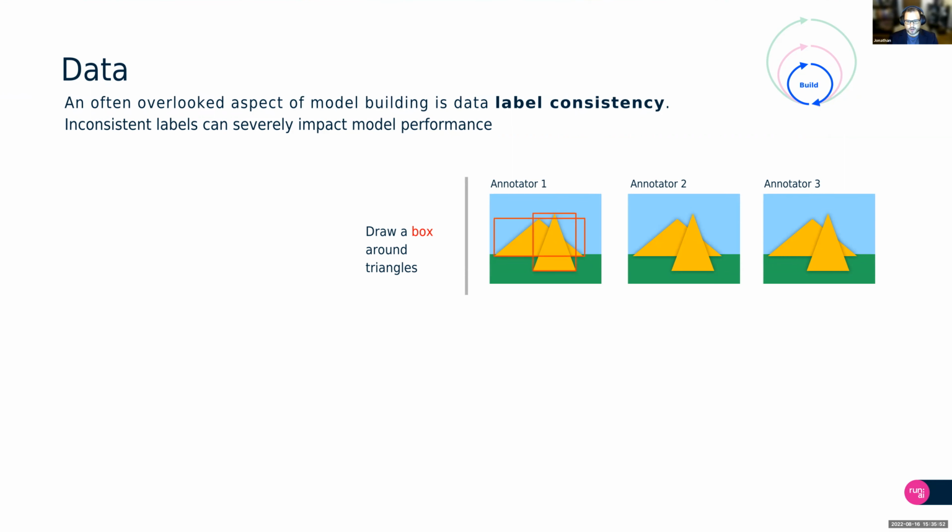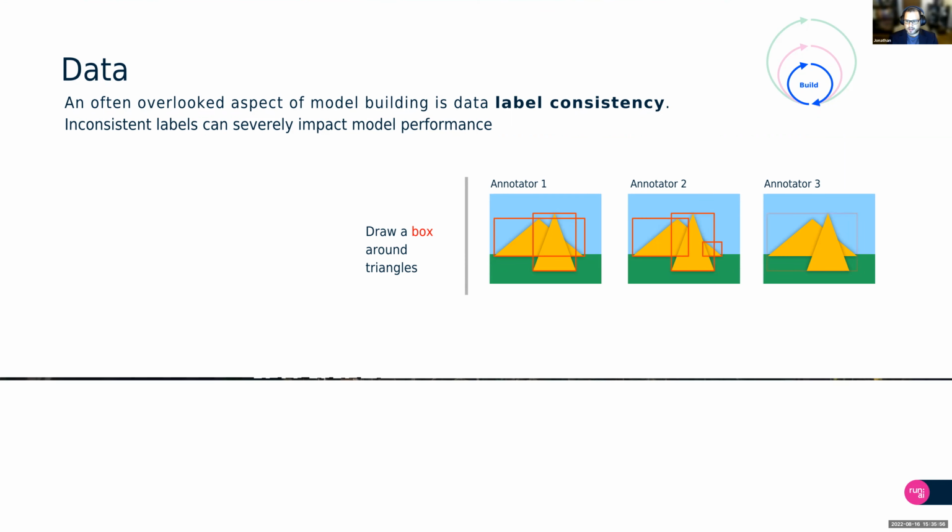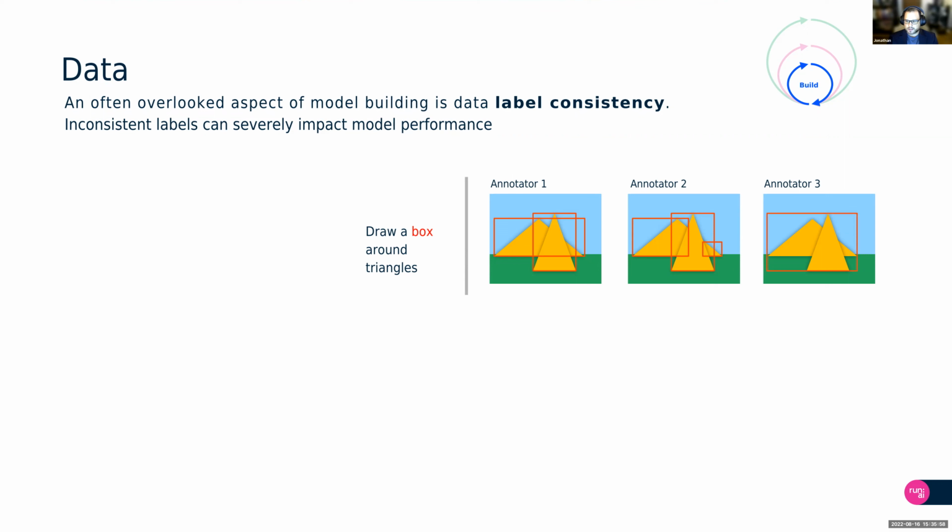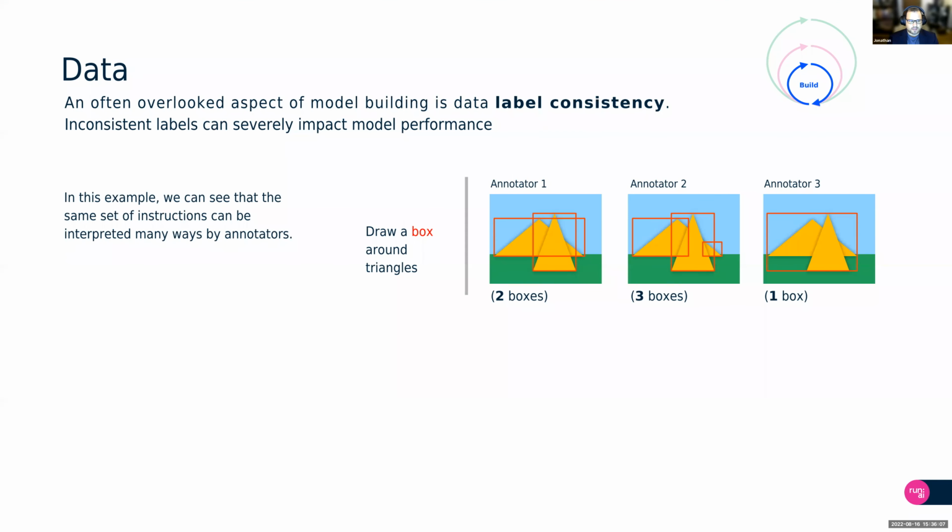Annotator 1 decides to draw his boxes like so. Annotator 2 decides to draw their boxes like so, and annotator 3 draws their boxes like this. We can see that none of the annotators failed to follow the instructions. They all followed the instructions, but the same set of instructions can be interpreted many ways by annotators. And if we've got annotations like this that are inconsistent,